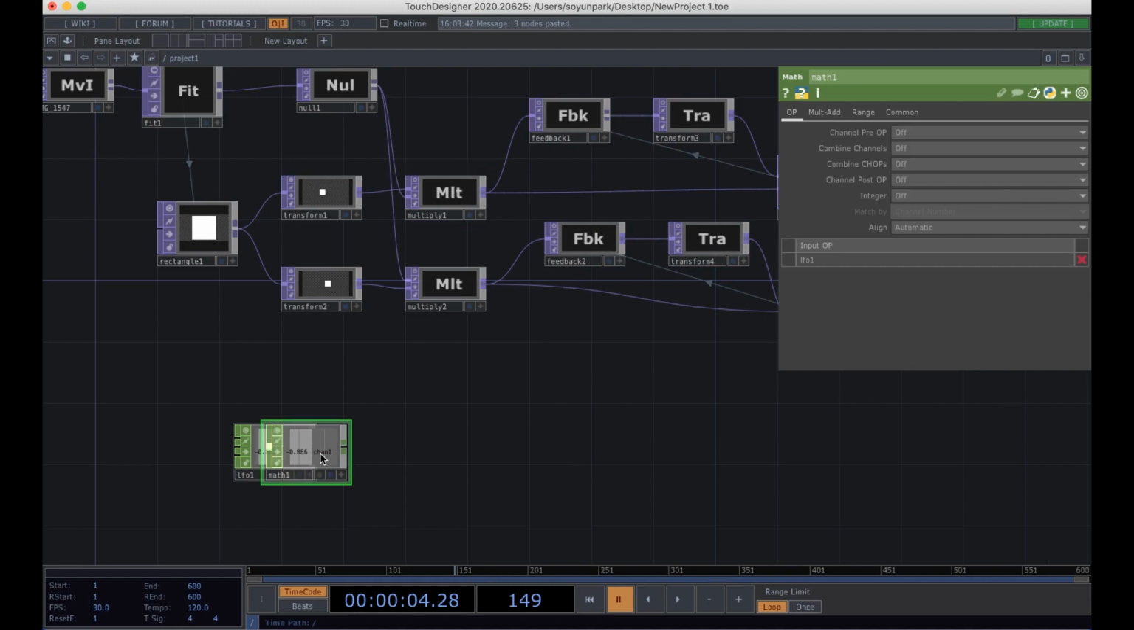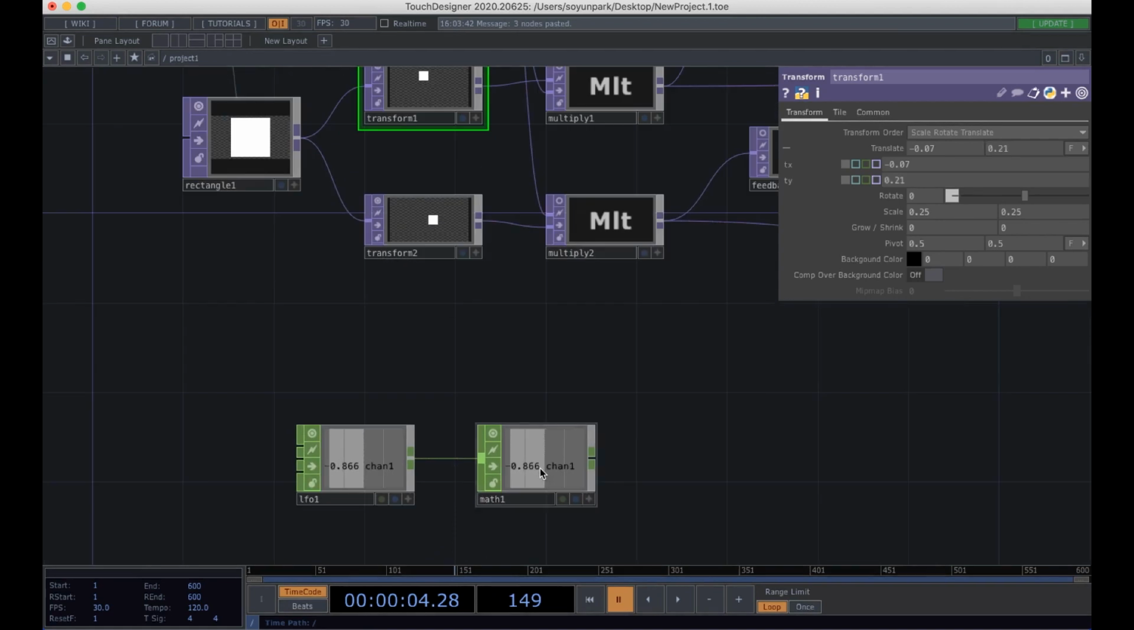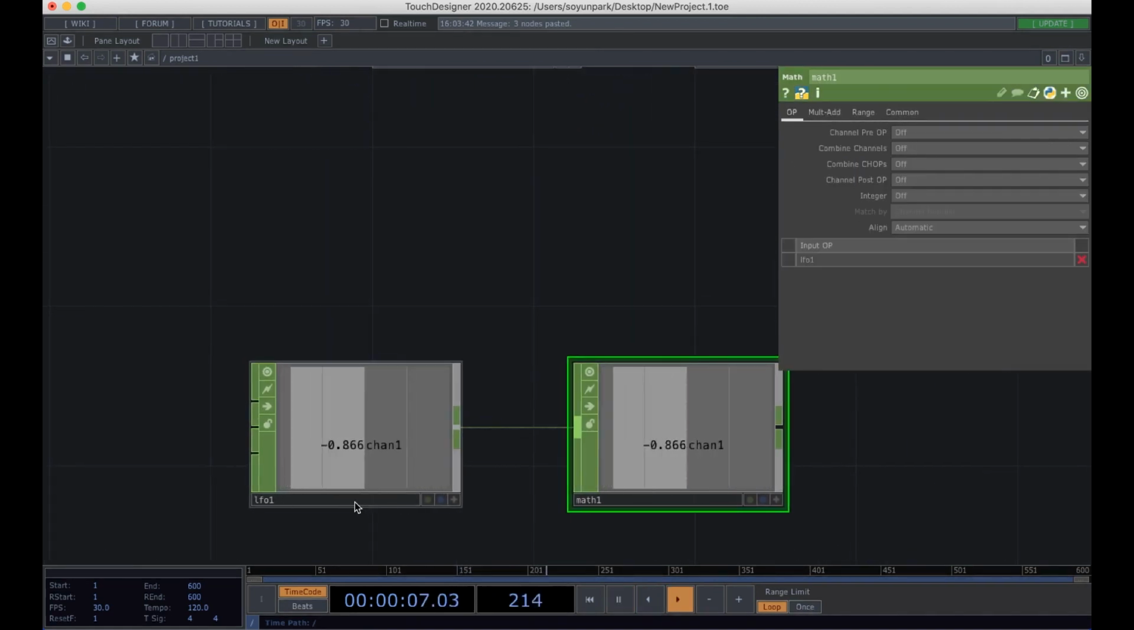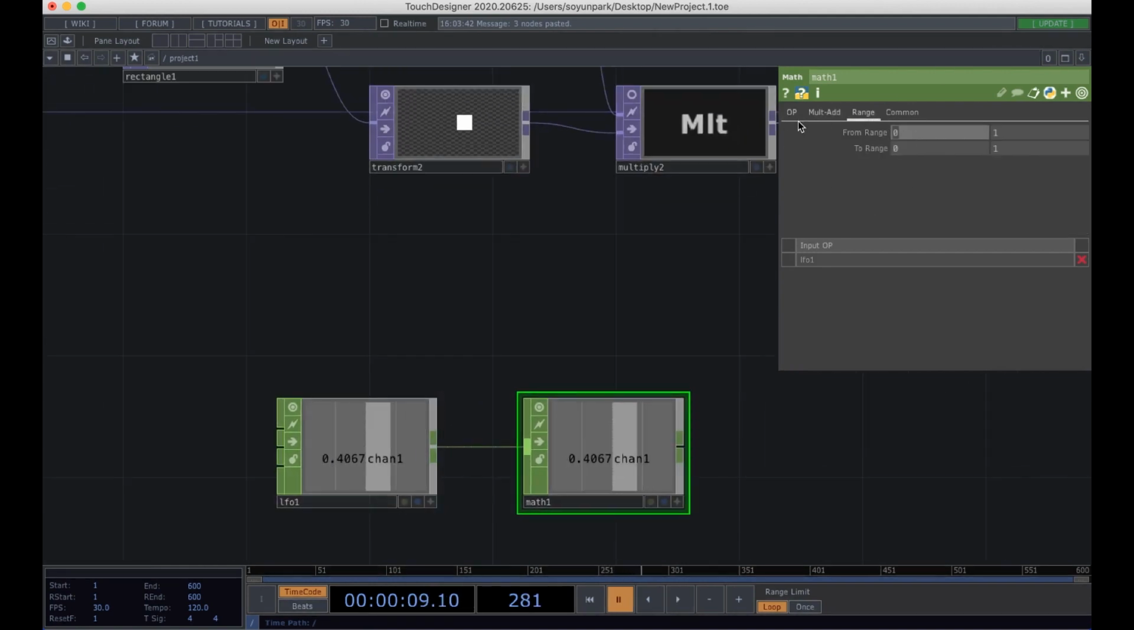I can connect to the math because I need to make sure that the numbers are correct. So if you look at the numbers, Y angle, it looks like 0.42 is the highest, and the lowest is around minus 0.42. So I will use math because the LFO is from -1 to 1, so from -1 to 1 range